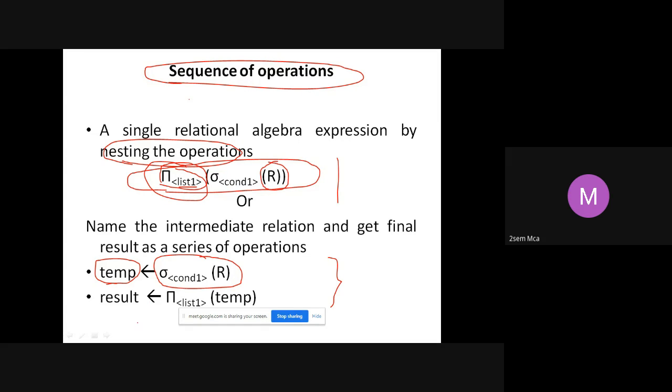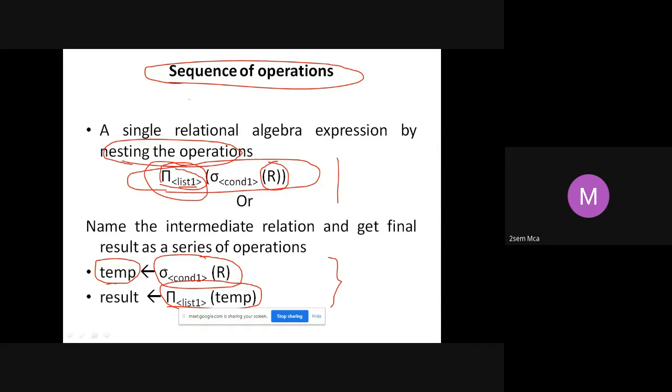Now, on that temp, I am going to apply this project operation. So I am trying to split this into two different parts, two sequences of operation, or two series of operation. You can say anything.